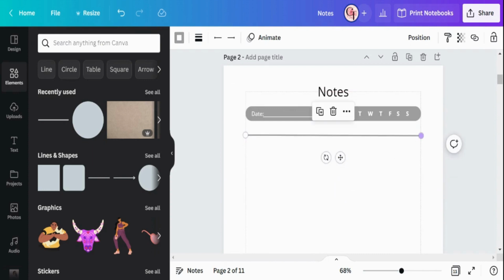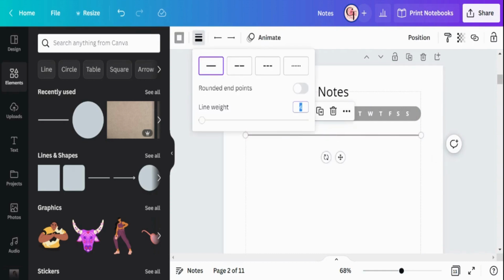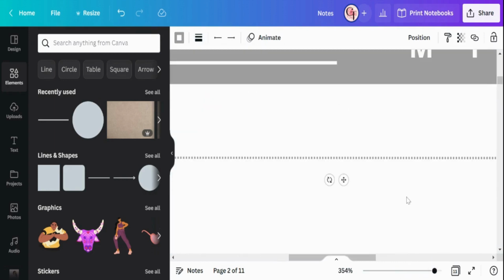Adjust it, move it right into place right here. I think I might adjust it just a little bit more. Right there. We're going to thin this line out as we've been doing. Number 1 is the great choice for this. I'm going to use this dotted line here. This is going to make it look a little bit different compared to normal